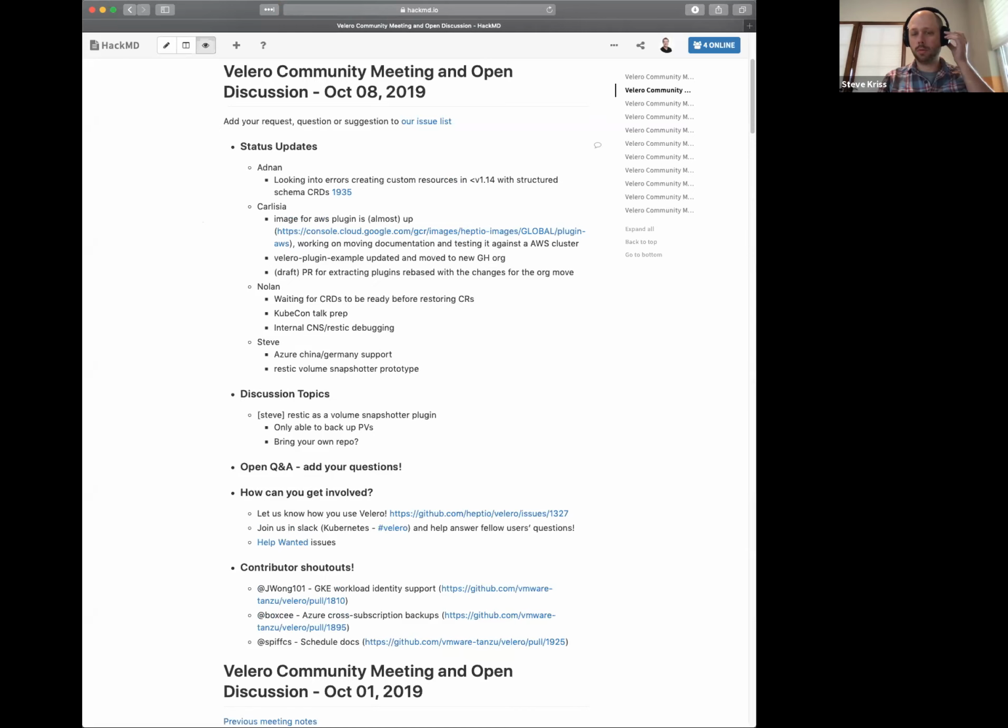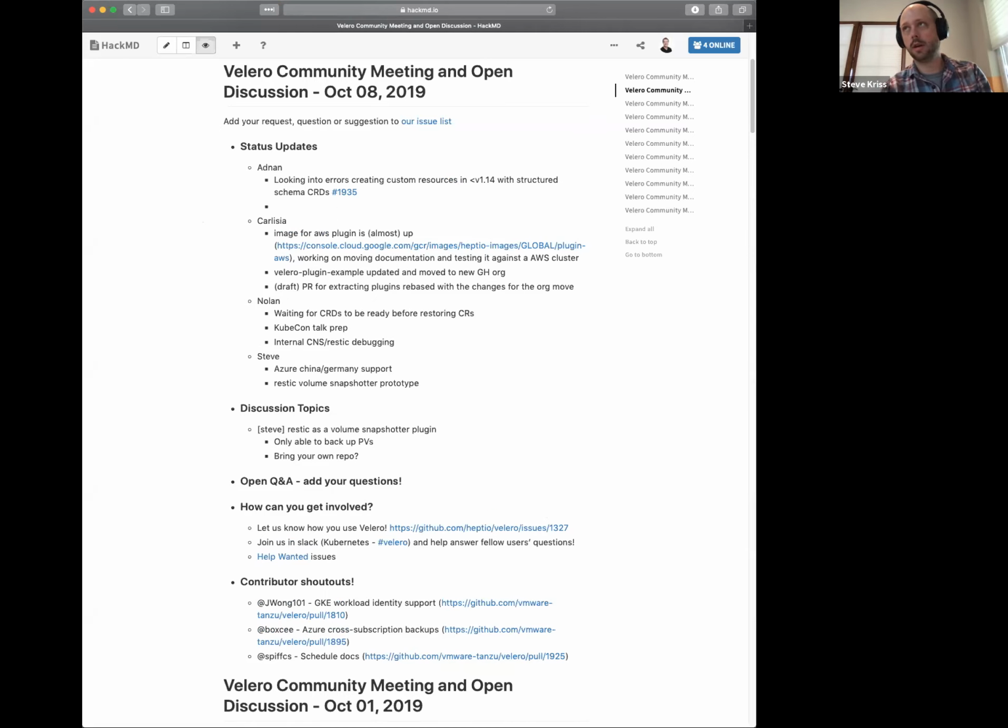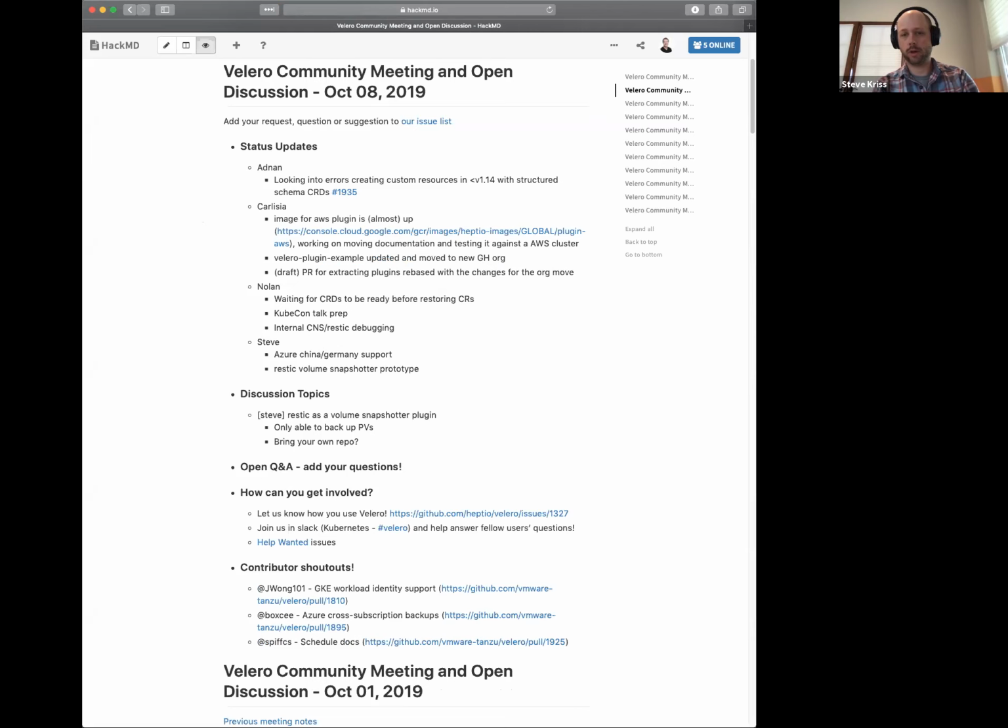Sounds good. So once we get the plugin repos set up and images building, at that point we'll go ahead with merging the PR to remove all that code from the core Velero code base, right? Yeah, exactly. Okay. I'm keeping it up to date as I shift things. For example, now I'm moving the documentation, so I'm going to update that PR to remove the documentation from there.